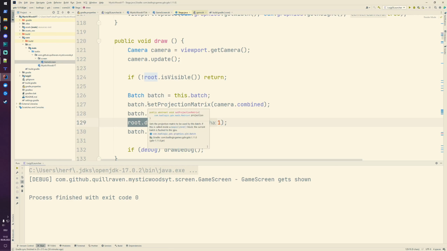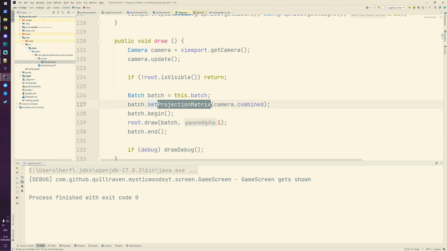And before you can draw something with OpenGL, you always need to define this so-called projection matrix, which defines, similar to a camera, what kind of information you see of your scene. For that, you always provide this camera combined information. This combined matrix from the camera, I think it's a 4x4 matrix, defines the necessary information, like where are we? So I think the position, the translation, then the rotation, and the scaling, from what I remember. I think those three pieces of information are part of this matrix,